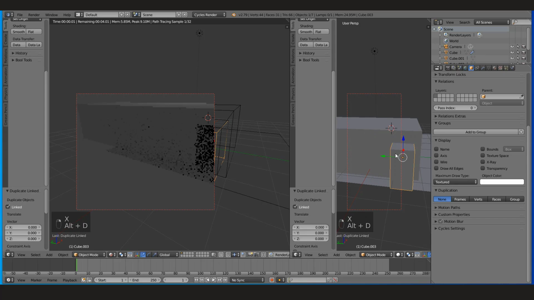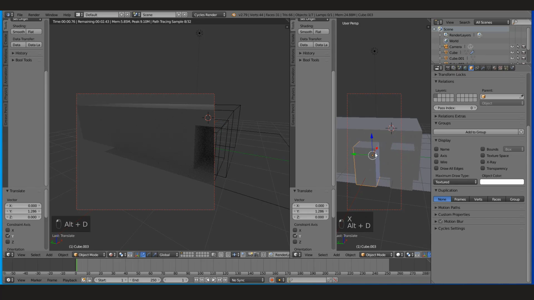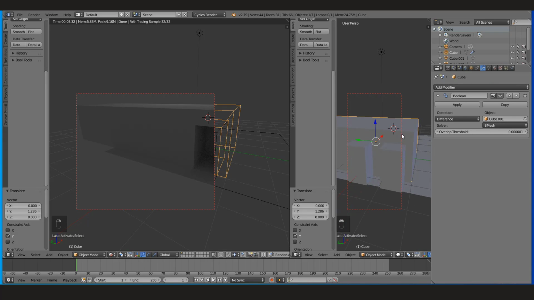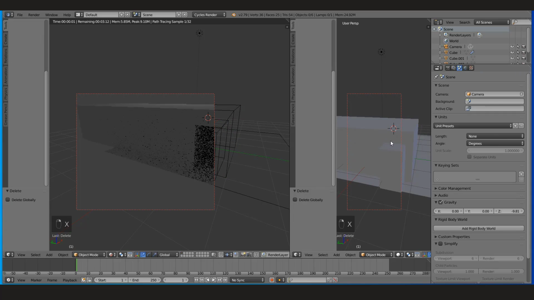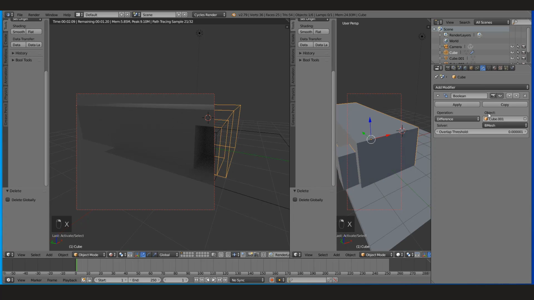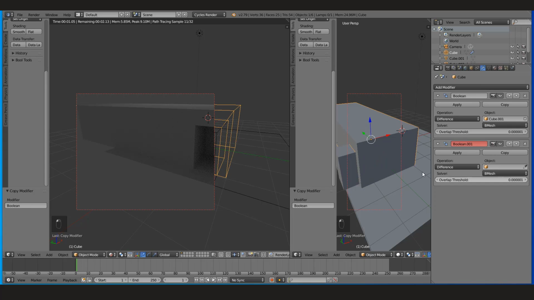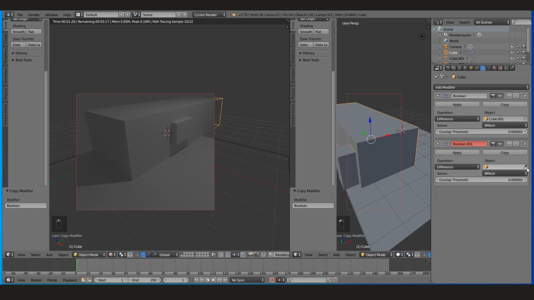But if you do Alt D, it also copies the modifier, but you need to create a copy of this, right, and you need to change this because you can't have overlap threshold 0 times multiplied by this. It's going to cancel out your object, so you could just check the window as your other object,